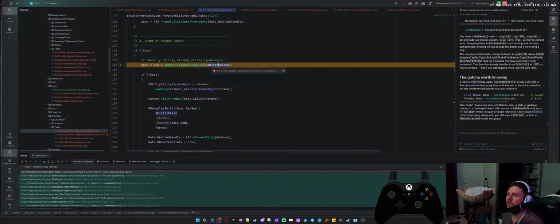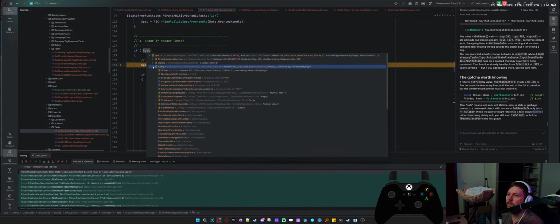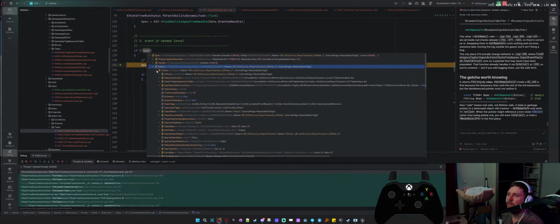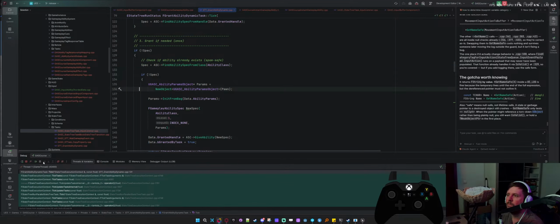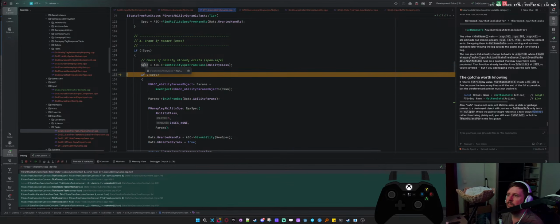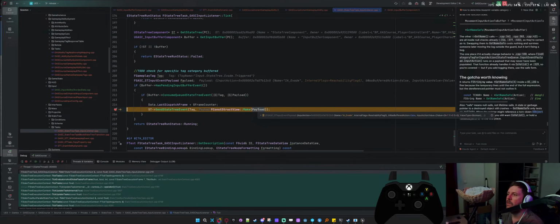I don't know what the ability class is. So ability. So it's constantly spamming